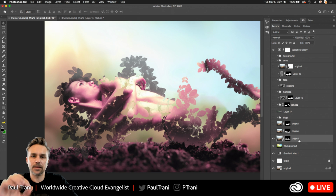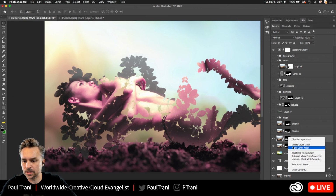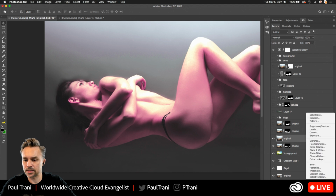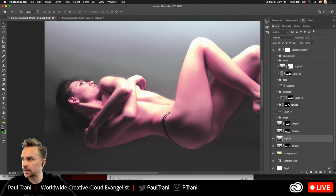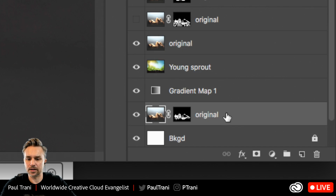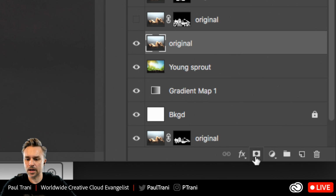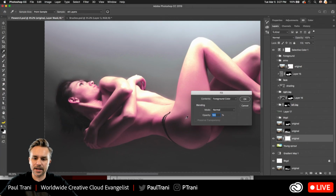So here's, again, an advanced tip. I'm going to go ahead and take this original image, right? Here's the original image. For this original image, I'm going to add a layer mask. I've even added a shortcut, by the way. You probably can't see that, but it's right down here. I'm adding a layer mask for this image right here. Let's get rid of that other stuff, so I'm moving it down. Just putting that away. For this image right here, add a layer mask, just like that. I'm actually going to make that all black,